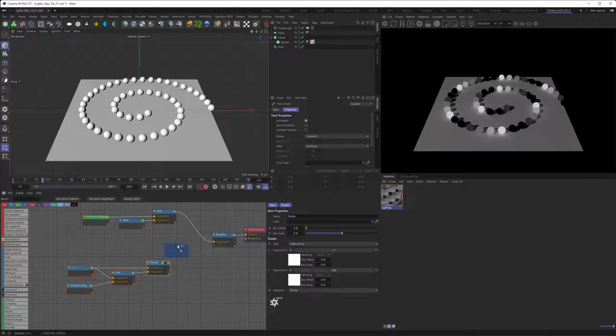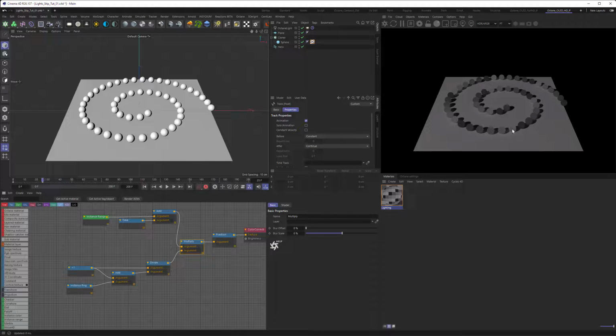So if I duplicate that one more time and set this one to multiply and also call it multiply, and then put those streams together, you would then be seeing that the white sphere here is actually the value of what the sphere that was next to the black sphere was.